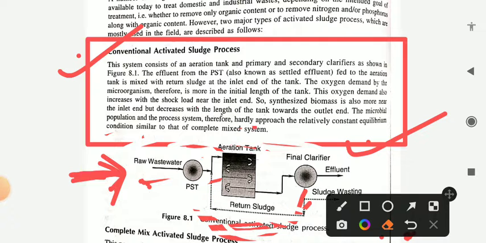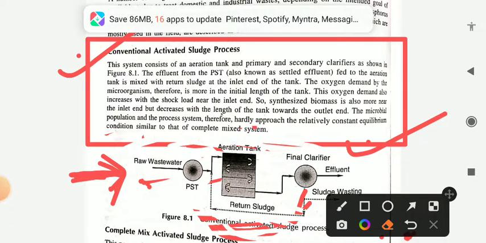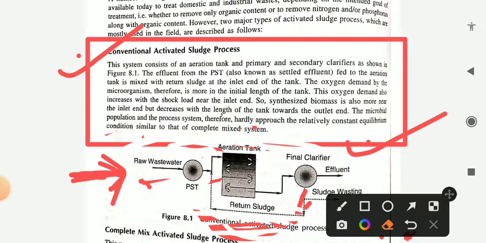Then it is mixed with the sludge at the inlet and the end of the tank. The oxygen demand by the microorganisms is therefore more in the initial length of the tank. The oxygen demand also increases with the stock load near the inlet, and so the synthesized biomass is also more near the inlet but decreases with the length of the tank. The process therefore hardly approaches the relatively constant equilibrium condition similar to that of the complete mix system. Okay,